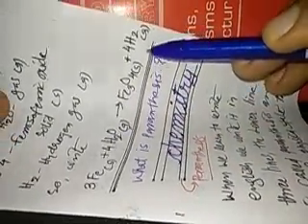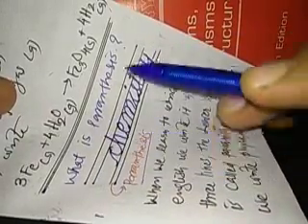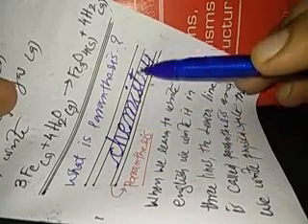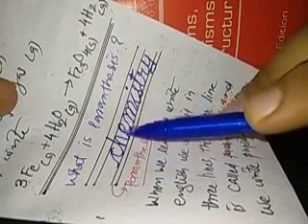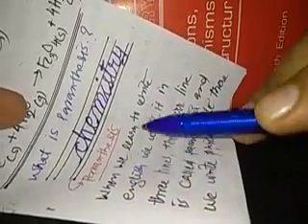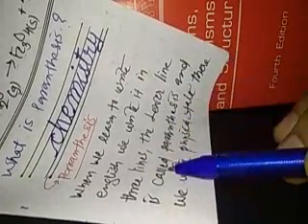So we can write 3Fe(s) plus 4H2O(g) gives Fe3O4(s) plus 4H2(g). We should understand what a parenthesis is. When we are learning cursive writing, we use 3 lines. On the middle line we actually write our text, with the line above and the line below. The line below can be considered a parenthesis. So when we learn to write English, we write it in 3 lines. The lower line is called the parenthesis, and we write the physical state into the parenthesis.